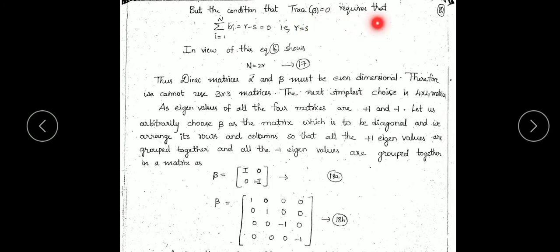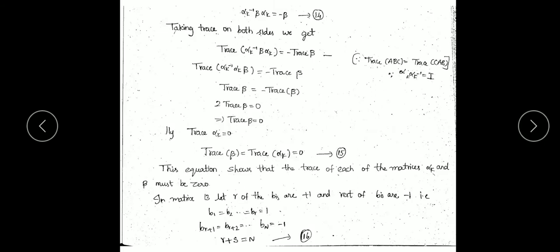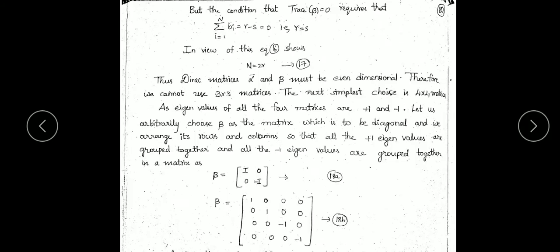So this condition requires trace of beta must be equal to 0. Trace of beta is nothing but the sum of principal diagonal elements. That means the sum of all these diagonal elements b1 plus b2 and so on, bi, and so on, plus bn, like that. So here it is mentioned summation i equals 1 to n